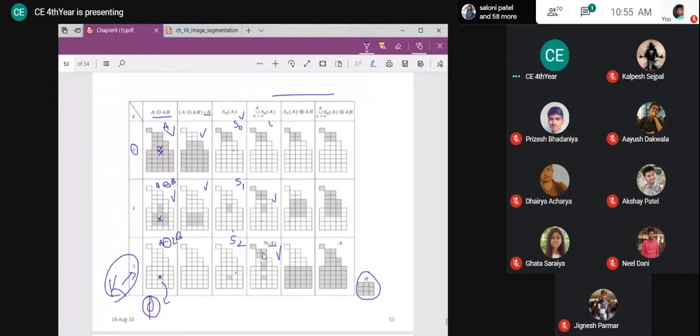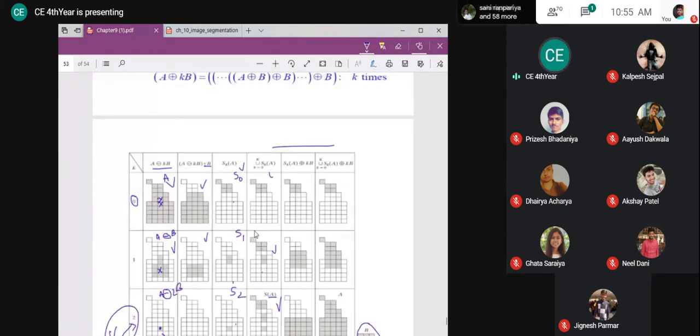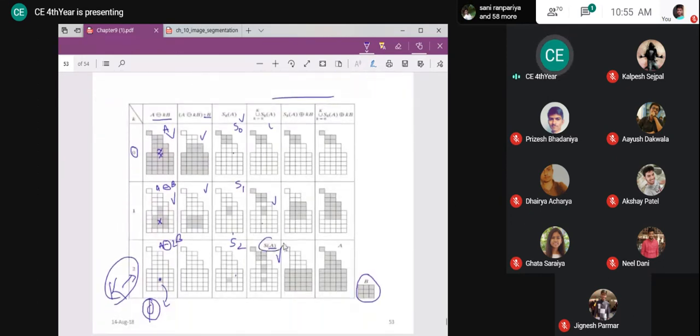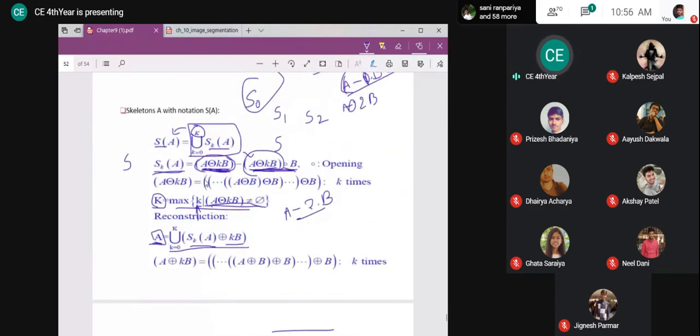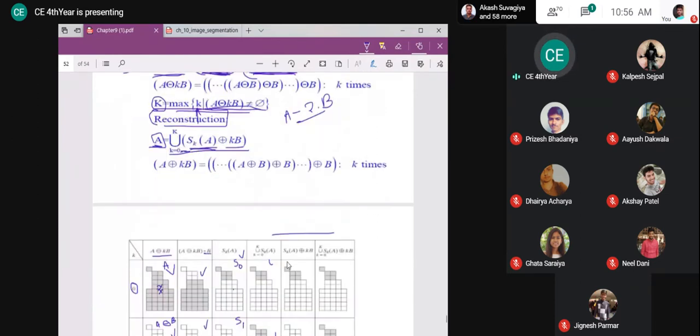Okay. What is the next step after this? So this is the skeleton. This is the completion of the operation of finding the skeleton. But next, reconstruction is also possible. How to do this reconstruction? For that you have to do dilation. Dilation with what? Your skeleton that you obtained with the value of k being 0, 1, 2, and so on. So I will take this S0 and perform